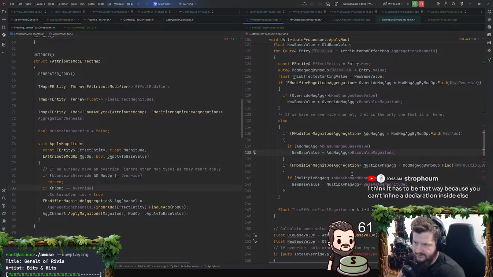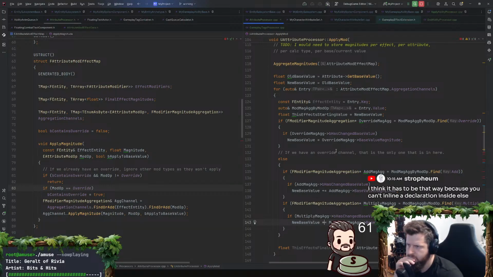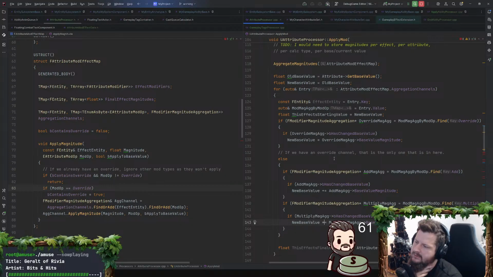Okay, so we don't just want to set it equal, we want to do plus equals here. And then times equals here, I think. No, I can't do this. I can't do it this way.